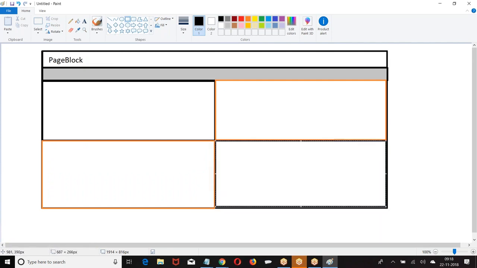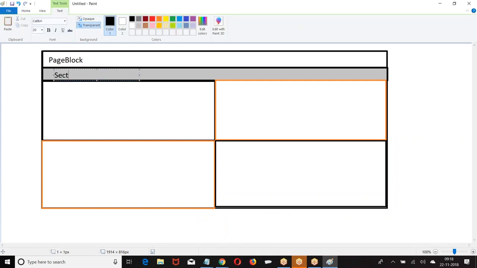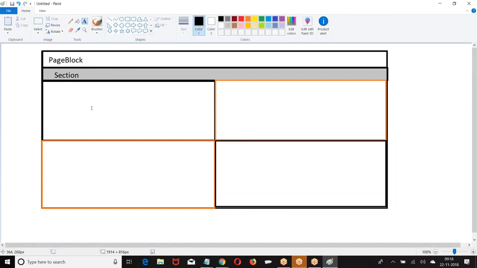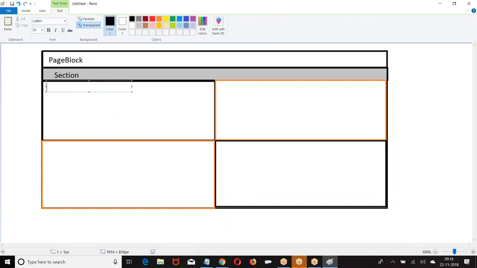Generally, what is our concept here? One column, one component. But when I say page block section item, what was that?